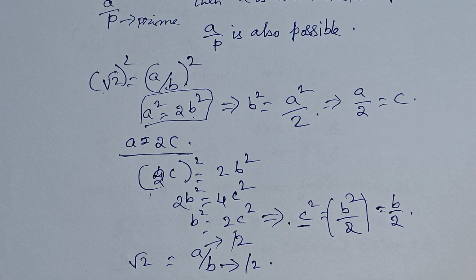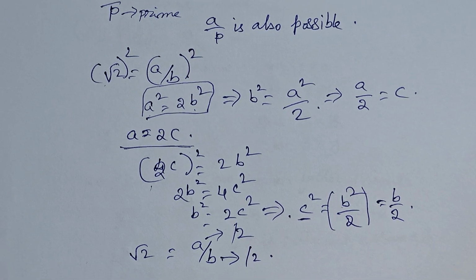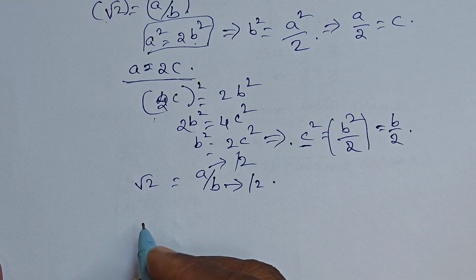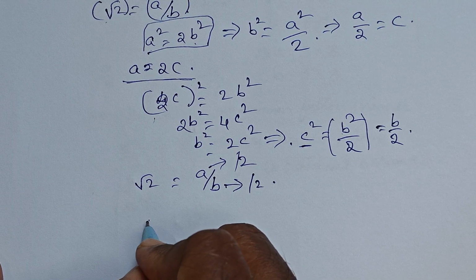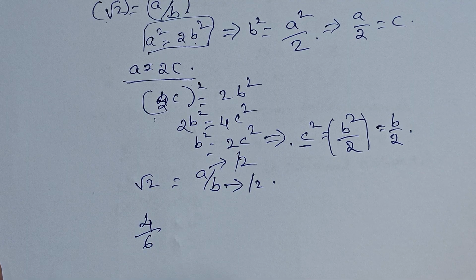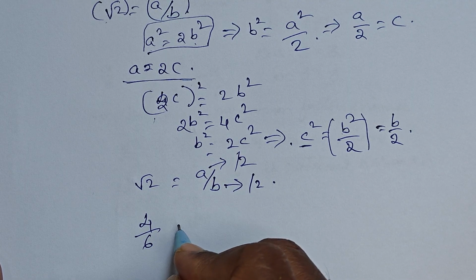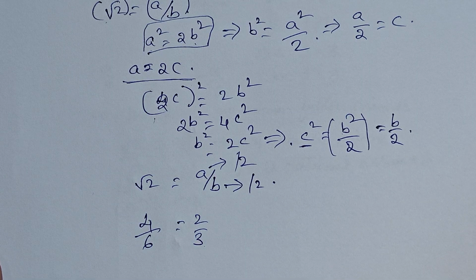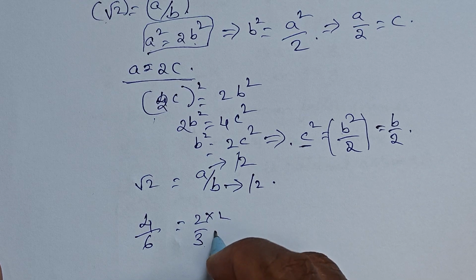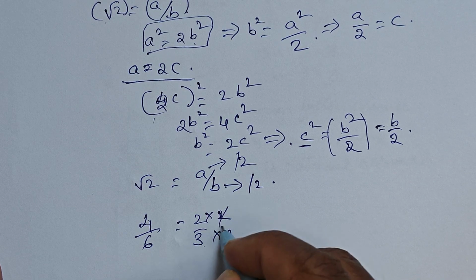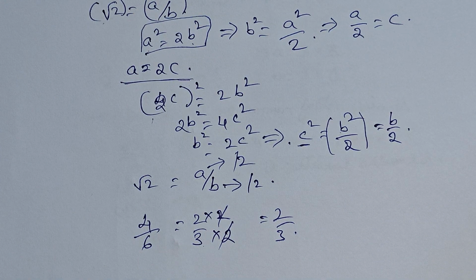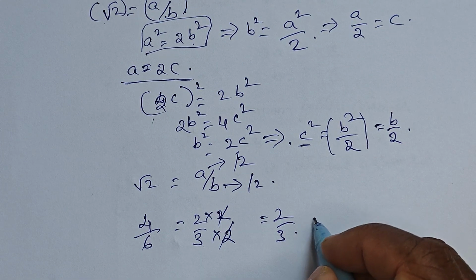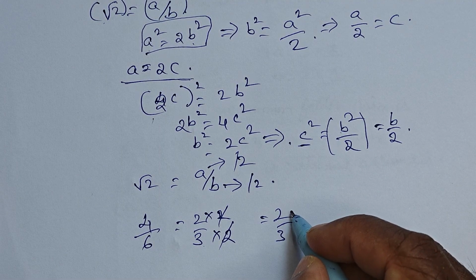But while assuming, there is one important principle we need to understand. When you are representing any rational number in a format, suppose I say 4 by 6, how do you write it? You don't write 4 by 6, you will write it in its prime factor format. Why? Because 4 by 6 is 2 into 2 divided by 3 into 2, the 2s get cancelled, so 2 by 3. That means whenever you are representing a rational number, you will always have its prime factors only in the